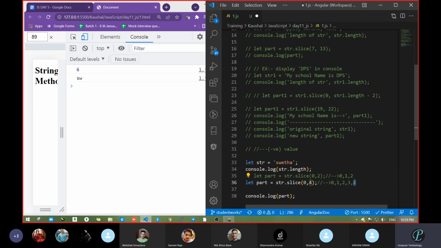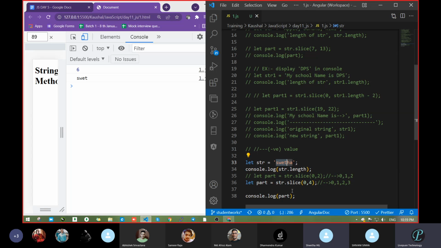It will go up to 3 only. Let's see how much value came. Up to 3. So this becomes your first, second, third, and fourth: 0, 1, 2, 3. Clear or not?